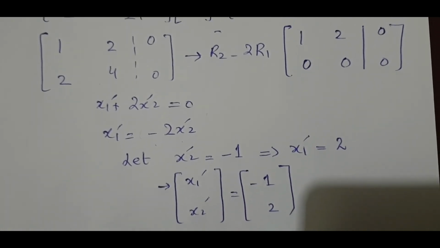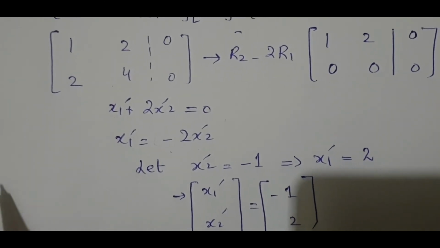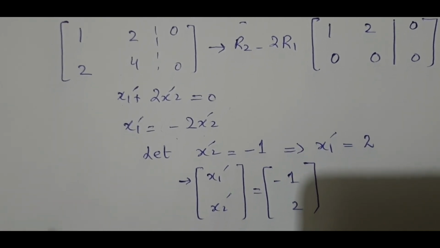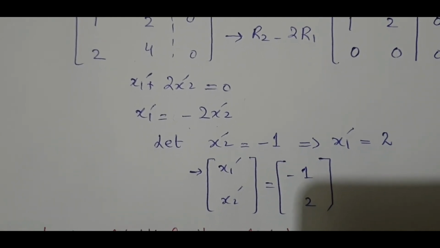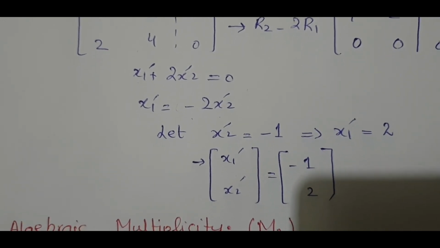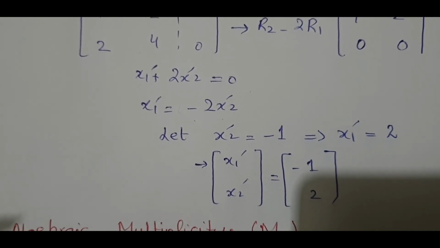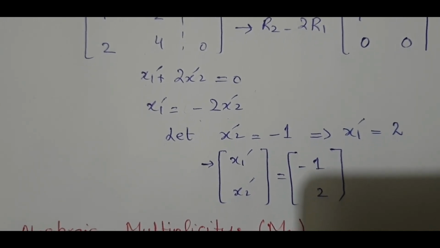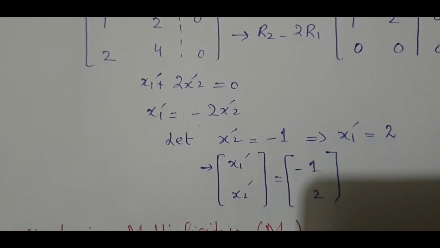So from here I can conclude one thing: distinct eigenvalues give us distinct eigenvectors. The first rule that I got from here is that distinct eigenvalues give us distinct eigenvectors, or I can also say that the eigenvectors corresponding to distinct eigenvalues are linearly independent. I will discuss the concept of linear independence of vectors in the next lecture, and till then I hope you got the idea of this.